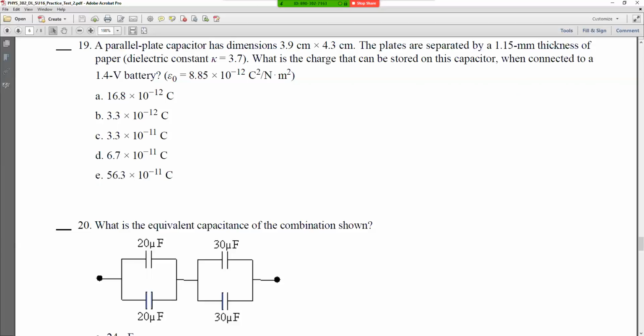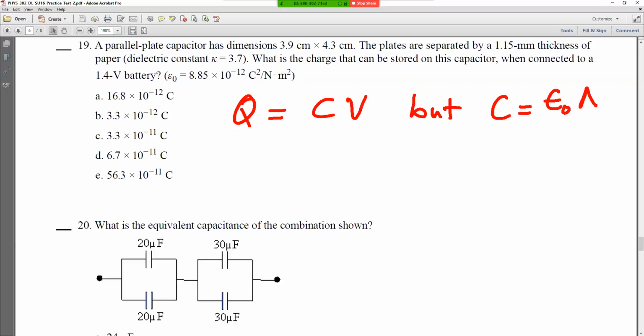Okay, and number 19, you have the dimensions, and they're asking you to find the charge given the voltage. So Q is equal to C times V, but we also know that C is equal to epsilon naught A divided by D. That's why they gave you this constant epsilon naught right here. Okay? The area is given. You can find the area by length times width, but remember to convert to meters. And then the separation is 1.15